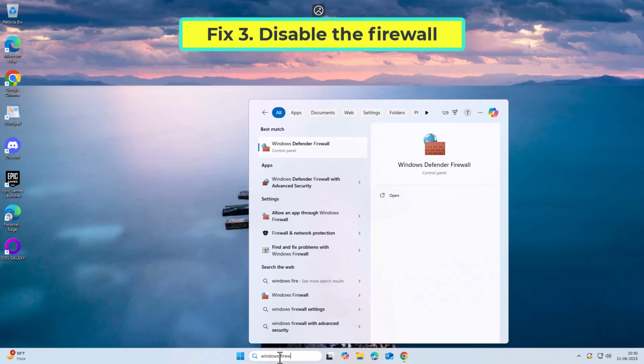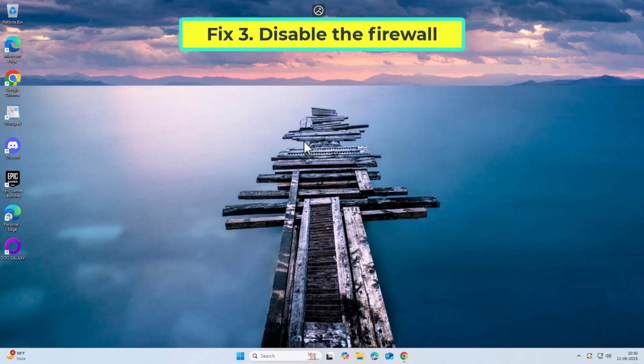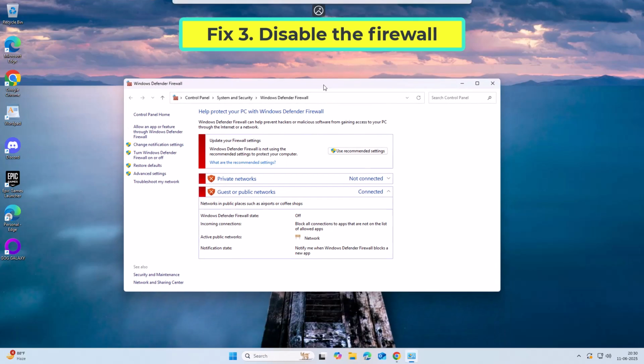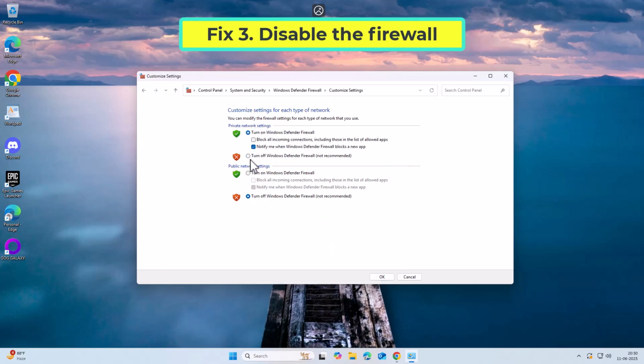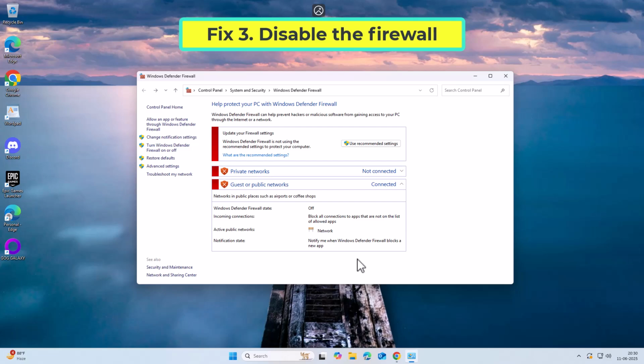Fix 3. Disable the firewall. A strict firewall can block Teams' access to the Internet, and turning it off briefly might allow the app to authenticate properly. Try using Microsoft Teams again. If that didn't work,